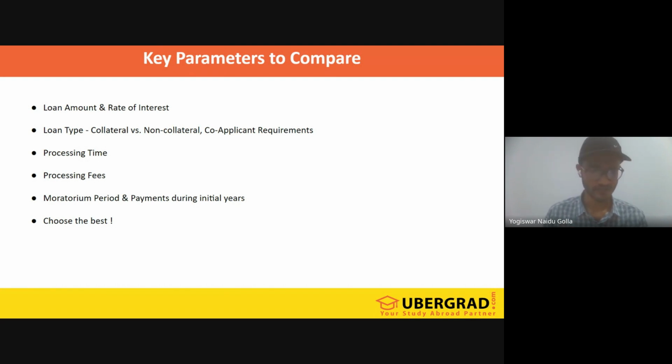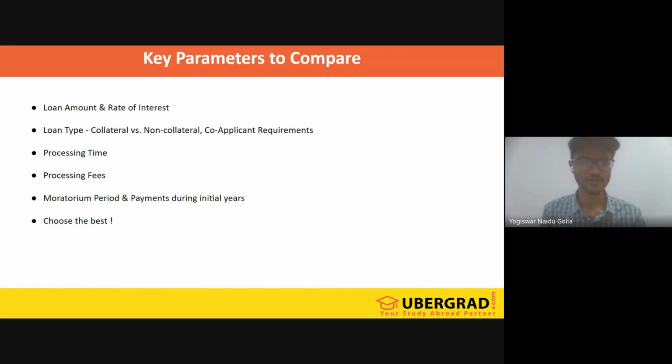Okay, and the other factor is you have to take into the picture the rate of interest. Always try to have that edge of knowing how much rate of interest you will pay, and calculate how much interest you have to pay after your educational period. That's how we get to know, after 3 years and up to 10 or 15 years of tenure, what my EMI is. You have to foresee how much money you have to pay over 10 or 15 years. Okay, that's the first factor.